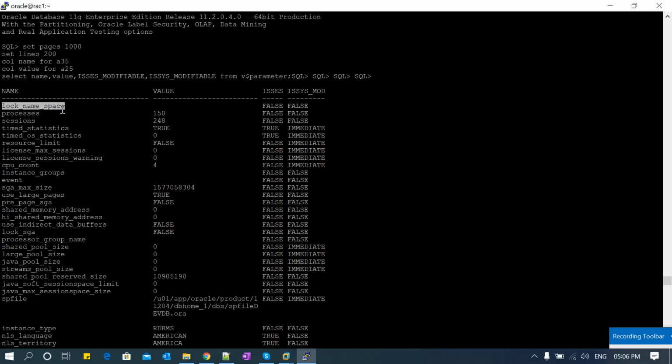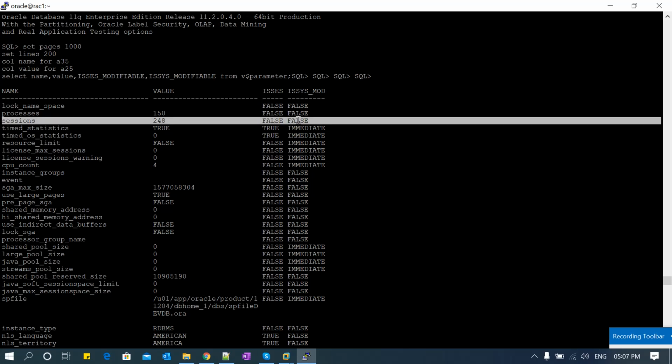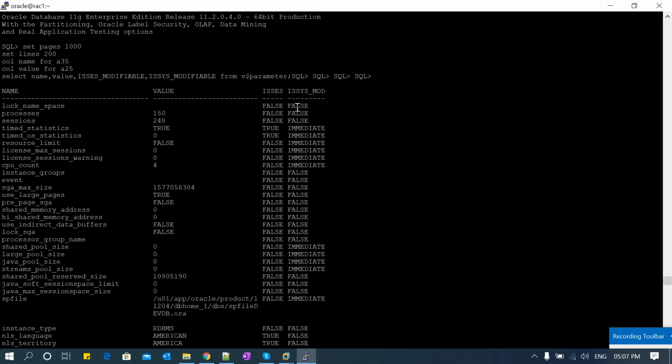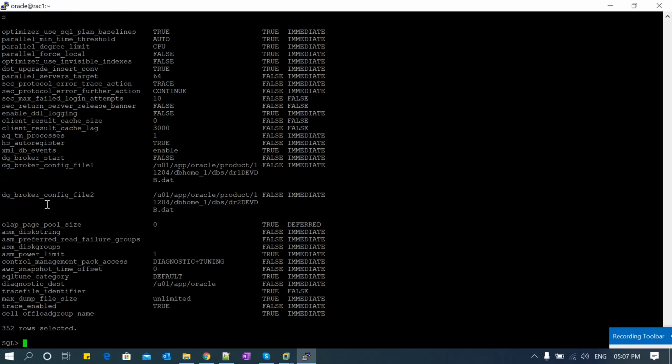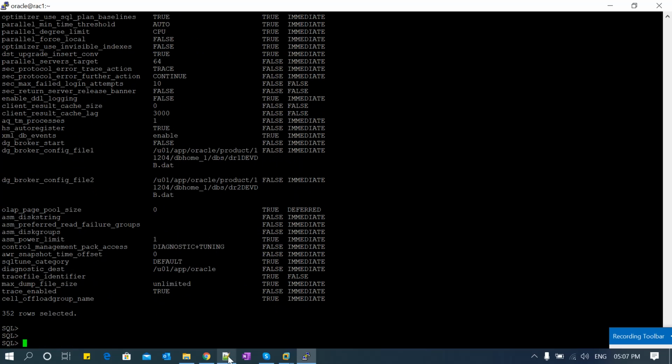This is the name of the parameter, this is the current value, and then is session modifiable and is sys modifiable. If sys modifiable is false, then it is a static parameter. If the sys modifiable column is immediate, it means it is a dynamic parameter and you can change it. You can take a look at all these parameters and you will understand in detail.